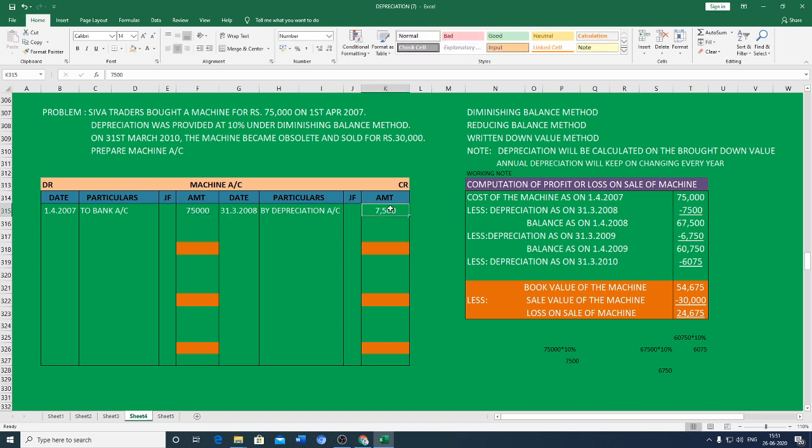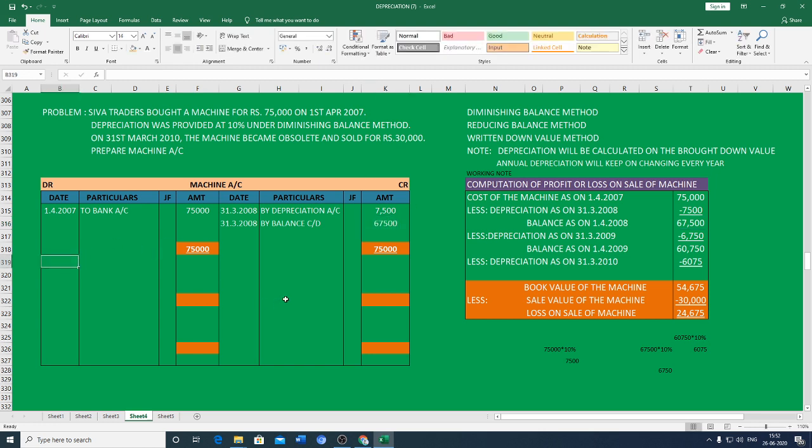Now both the sides you look at that. One side is more, one side is less, so debit side and credit side should be same according to double entry bookkeeping system. So write the highest amount both the sides. And the balance, how you are going to get balance? 75,000 is total, minus this 7,500, you will get the balance amount that will be recorded 31st March 2008. The balance amount is by balance carried down. How much? This is the balance, 67,500.